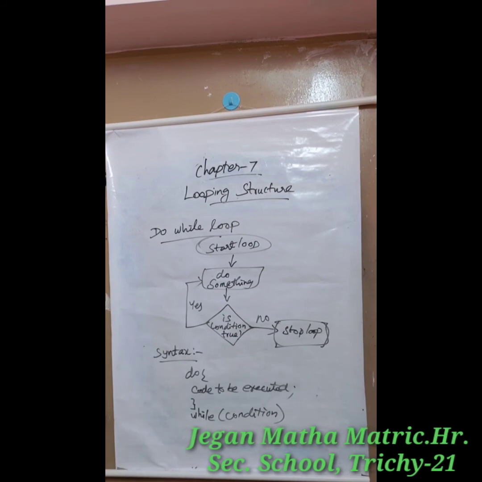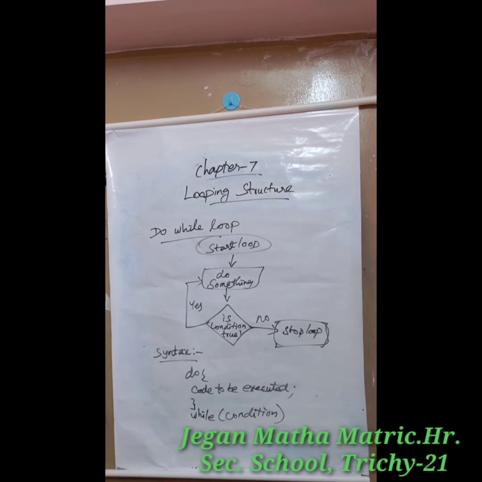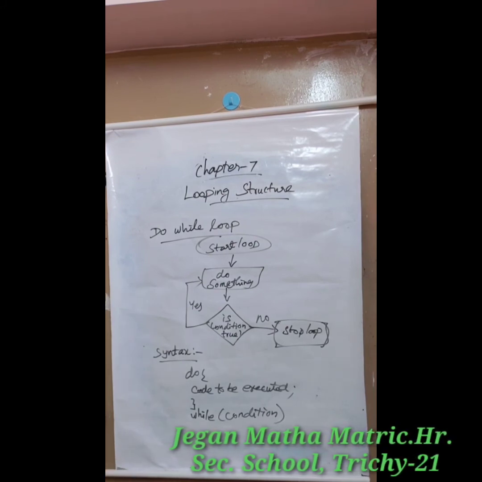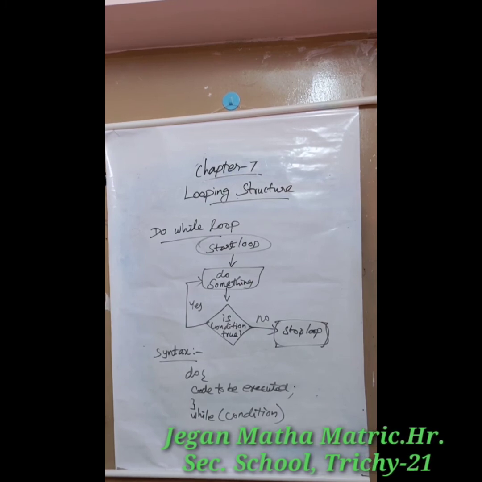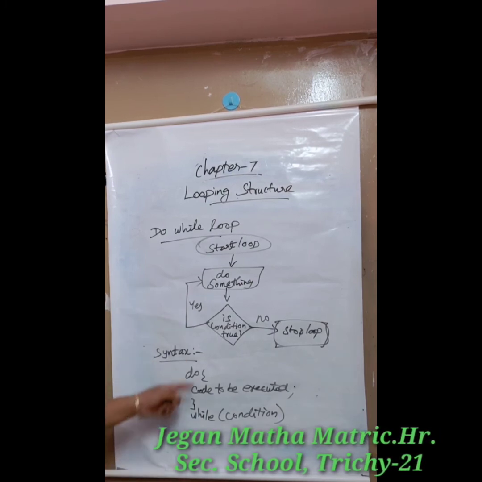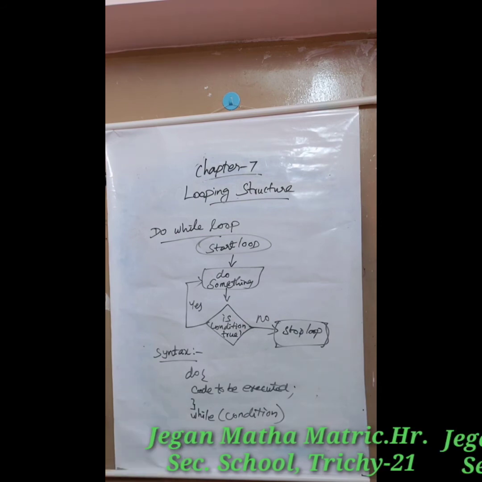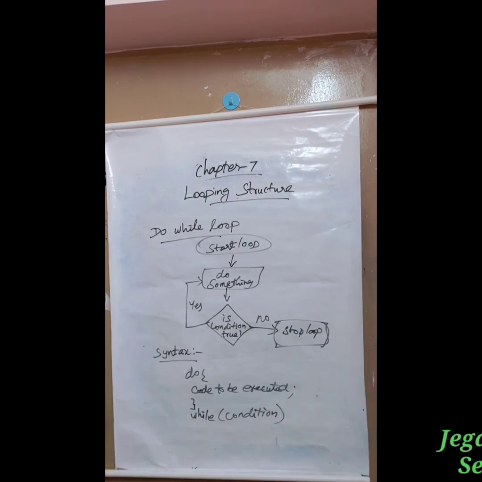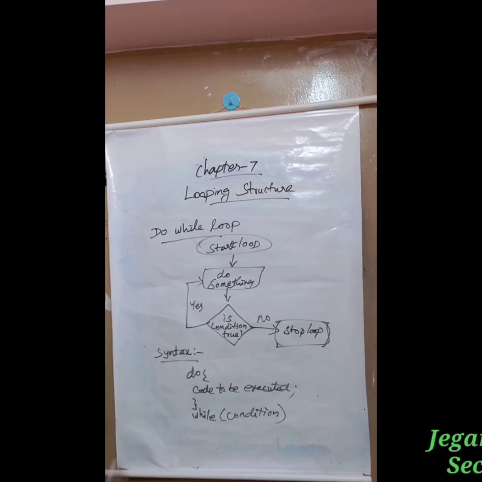Do while. The do while loop is very similar to the while loop, but it executes a block of code at least once before evaluating the condition. So in the do while loop we evaluate the condition at last. Here the condition is evaluated only at the time of exit of each iteration.